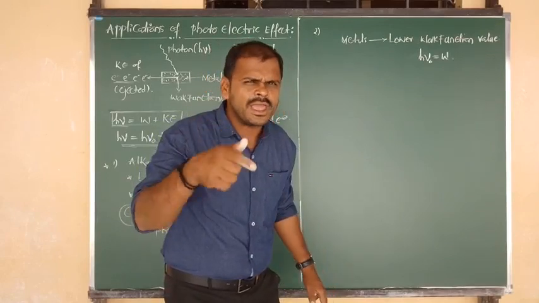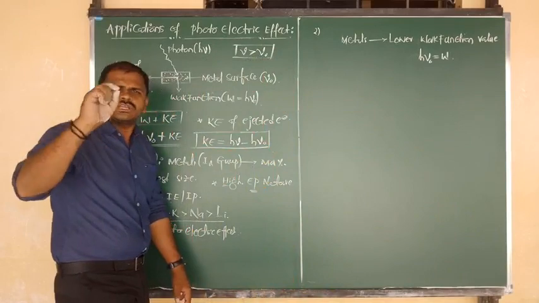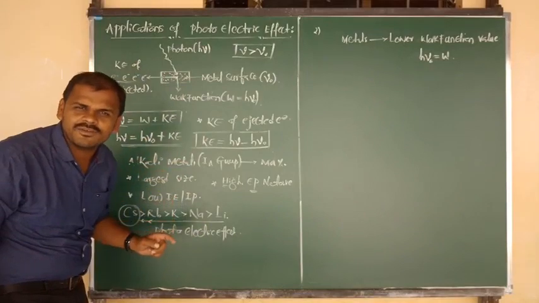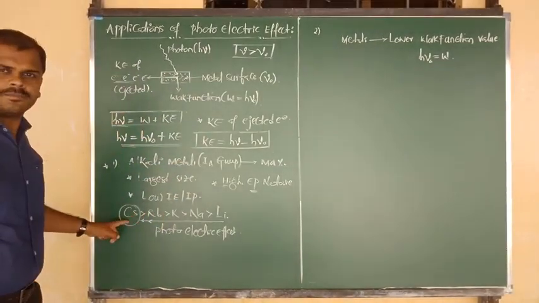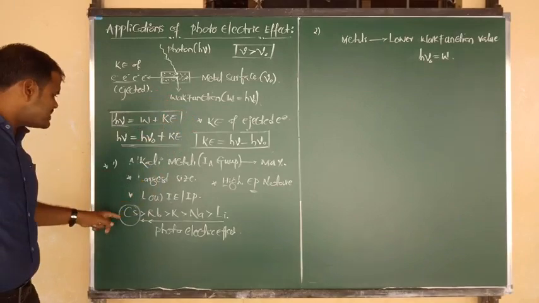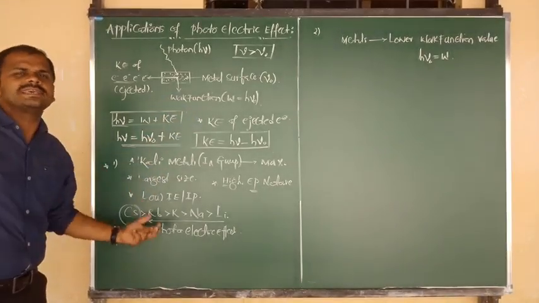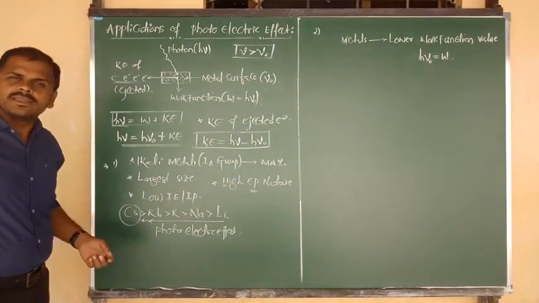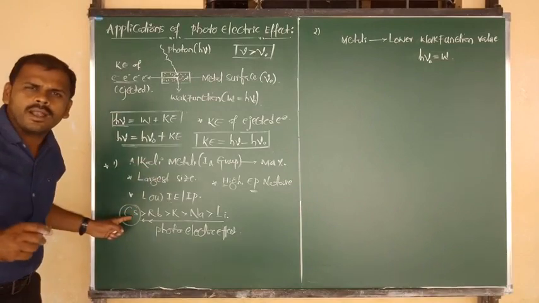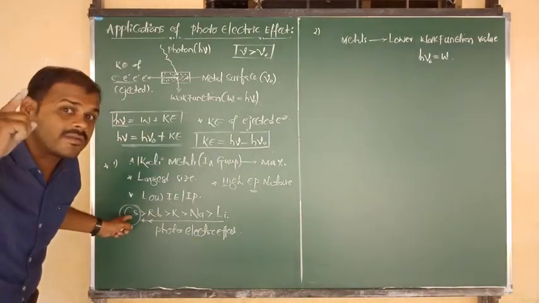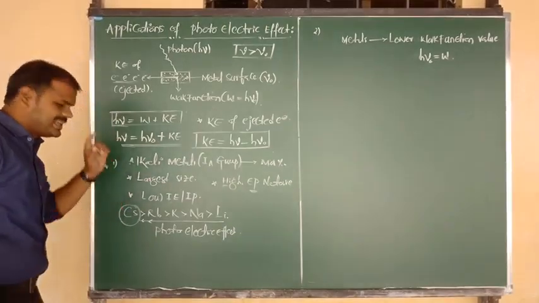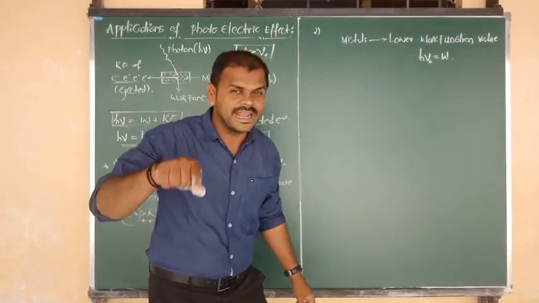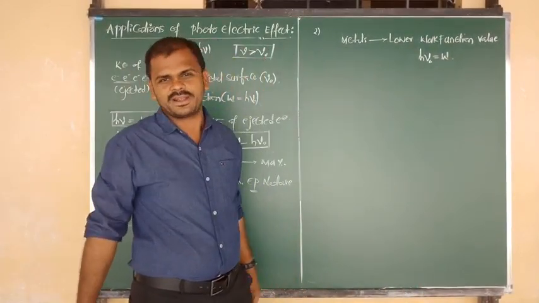So what is meant by threshold energy or work function? Threshold energy or work function means the energy required to remove the electron. Suppose cesium, due to its large size, is very eager to lose its electron. From that cesium atom, we can easily remove the electron. That means we require a very low amount of energy for the removal of an electron from cesium. That's why we say that cesium has a very low work function value. That's why cesium metal shows maximum photoelectric effect.